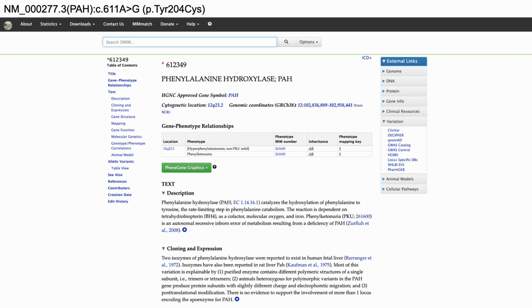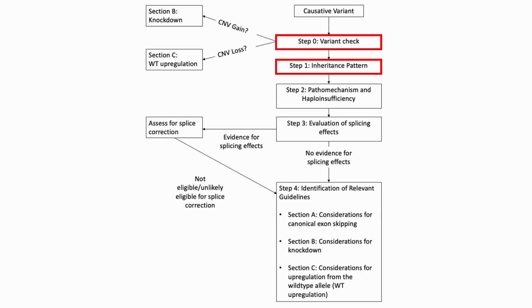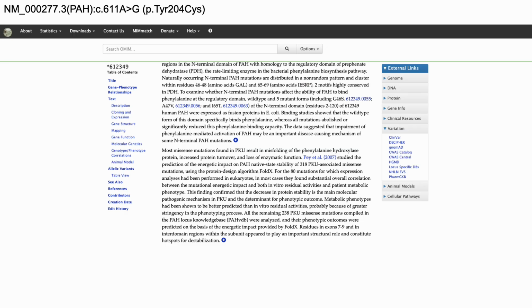As recommended by our guidelines, we can use OMIM to check for this. As we can see here, the phenotypes are a result of autosomal recessive inheritance. Next, we check the variant mechanism. If we go back to OMIM, we could see here that most missense variants found in the PAH gene result